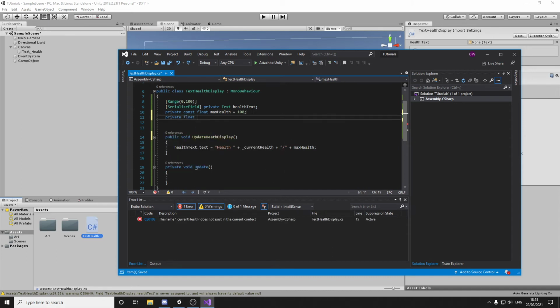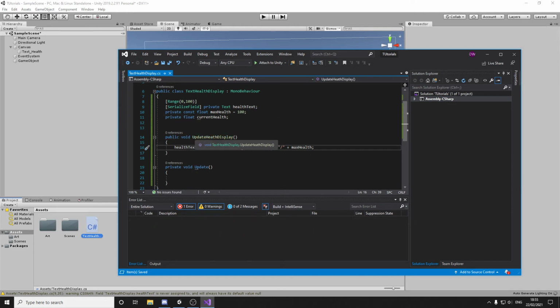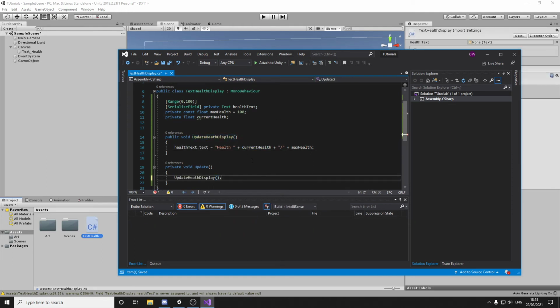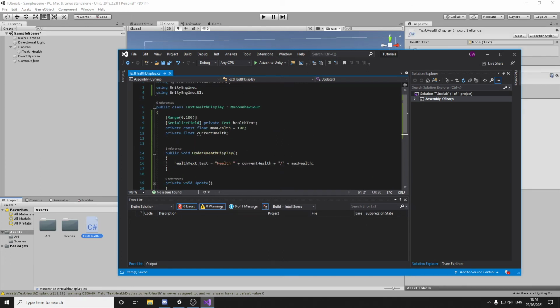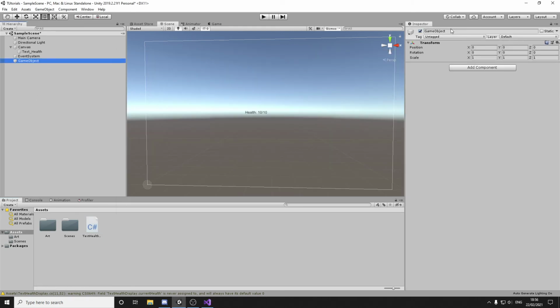Go back to a current health example. And what we will simply do is we'll just call this in update instead of calling it from another script, as this is just going to be for a show. And what we'll actually do is move this little range down here and add a serializable field as well, so we can manipulate it. And now if we quickly exit the script, go into our empty game object, we can call it something like health display manager,